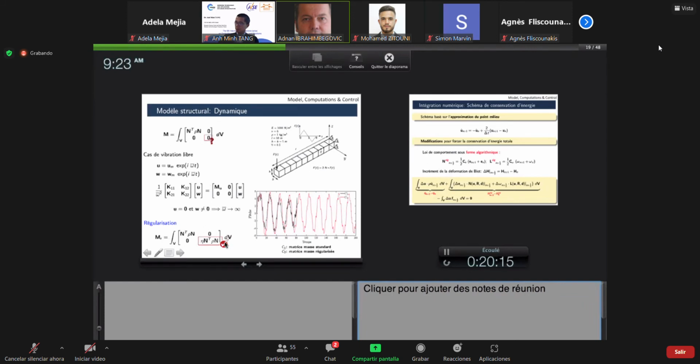So that is why in computation we're using regularization with a very small value here to keep mass, let's say, fully rank sufficient. And you can see that there are certain advantages. You don't change the response too much, but by regularizing the mass, keeping it fully sufficient, you can carry on computation for long term, which is precisely the goal when you're studying the risk of fatigue and things of this kind. Whereas if you have a 0 mass, if you don't do regularization, at a certain point the computation becomes too